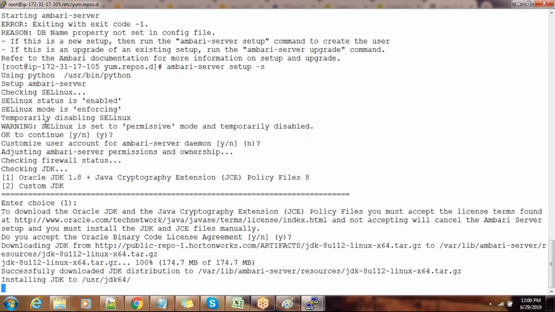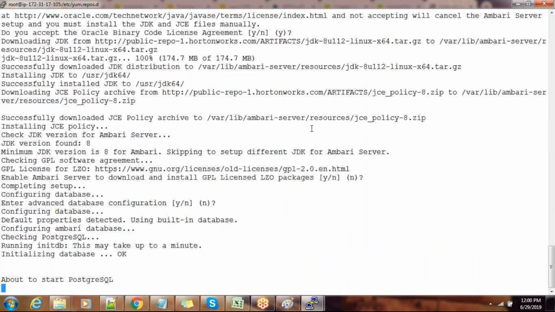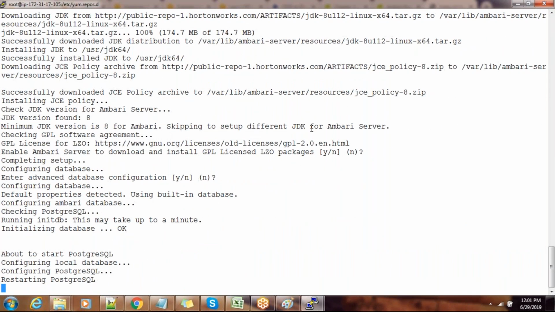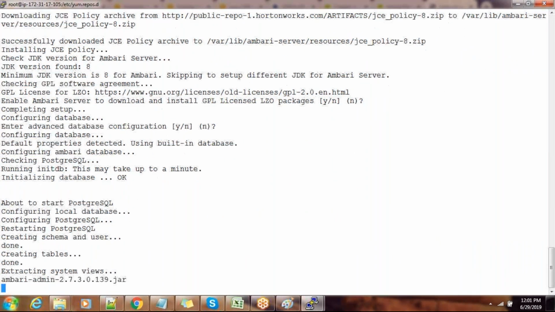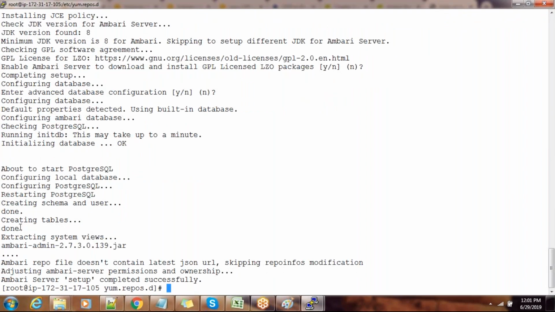Okay, we have one warning: SELinux is in permissive mode, because we have not restarted the servers after changing SELinux to the disabled state. And here you can see it is setting up the databases, creating the tables, and all those things. I used the default options by using ambari-server setup -s.